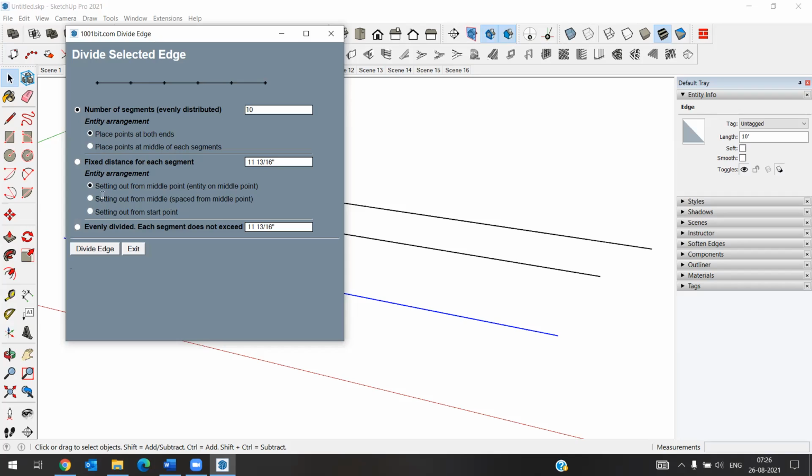In that way we are able to give the options also, means how much distance each part should be, we can decide with this second option.